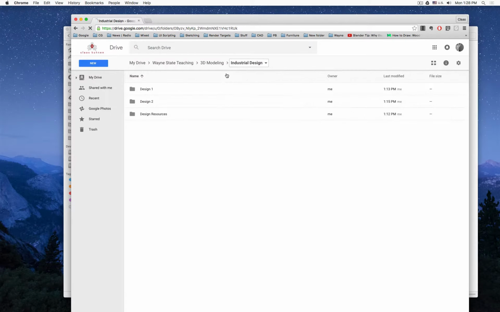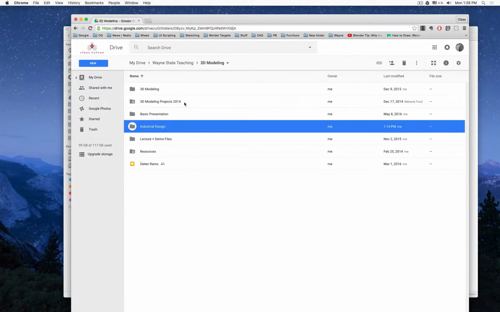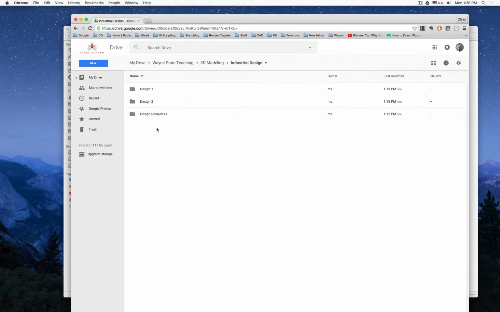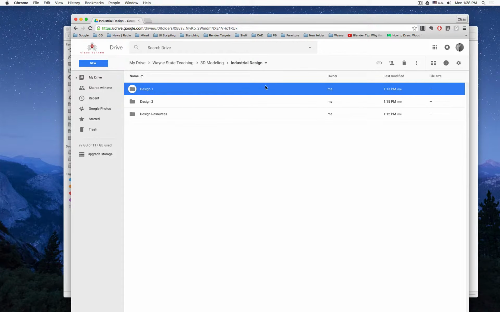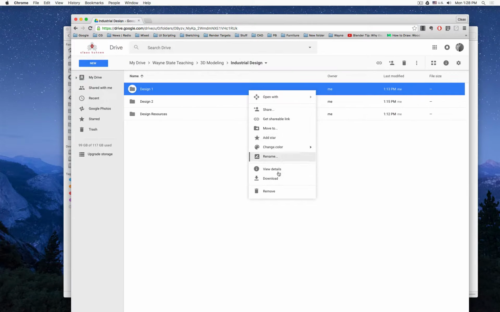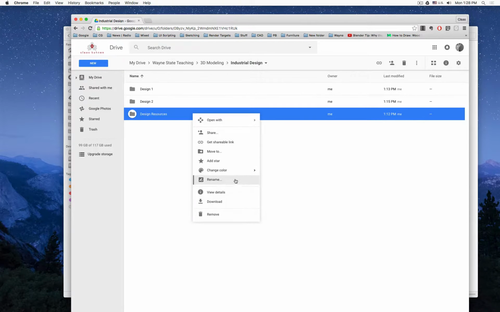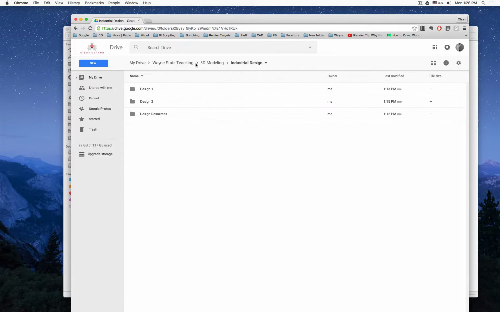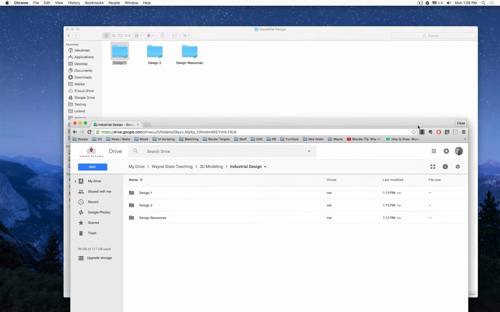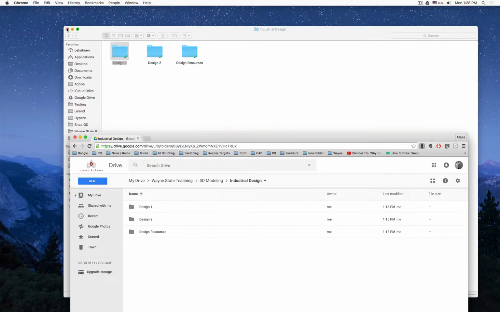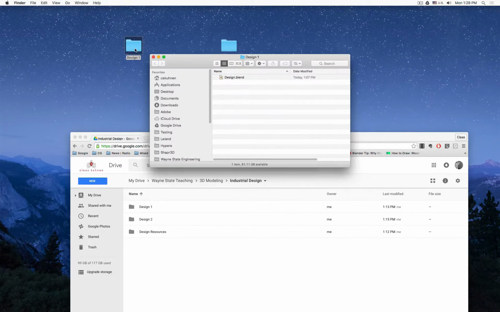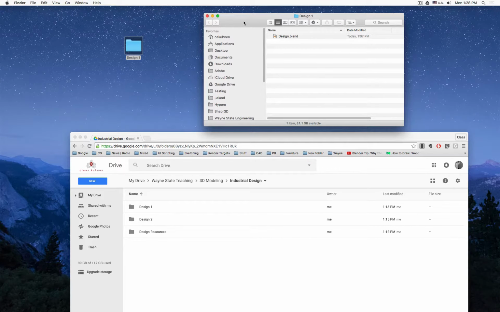So for example, there you see 3D modeling, there's a complete folder. We don't want to download everything, but maybe this one, and then right mouse button click, you could say download, then it will create a zip file and then you can download everything. And let's say now on our home computer or at school we finish something,